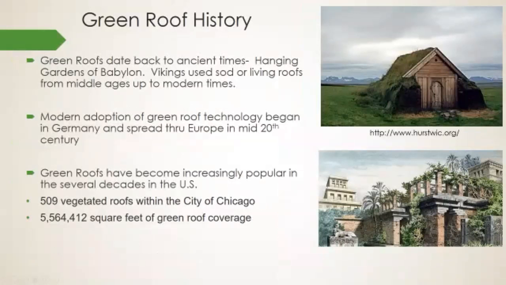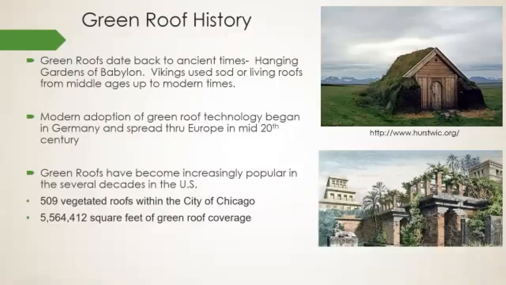Okay, let's look quickly at the history of green roofs. So green roofs have been used since ancient times, and documented use goes back to pre BC times. So with the Hanging Gardens of Babylon in about 500 BC, those were early green roof systems. They had a layered kind of irrigation system and medium. And so those were one of the wonders of the ancient world. So those were some of the earliest documented examples.